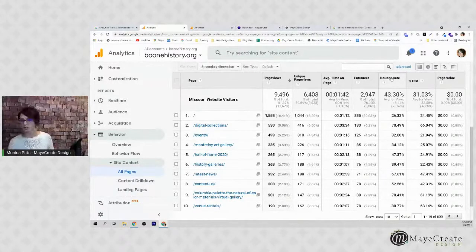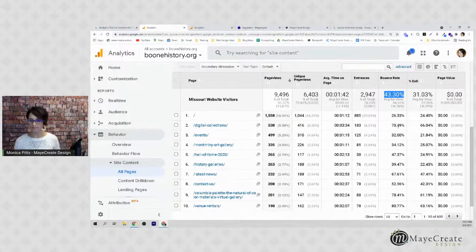Also, bounce rate. So this bounce rate is awesome. Like, pat yourselves on the back, guys, because this is great, okay? What that means is that people come in and they leave in the same page without going to any other pages. Now, 43% bounce rate is super legit. Super legit. Like, if you do a lot of blogging, if you do a lot of online ads, then your bounce rate is going to be higher up, like closer to 80%, maybe even 90. The thing is that looking at it on a page-by-page basis helps you kind of justify what's going on there